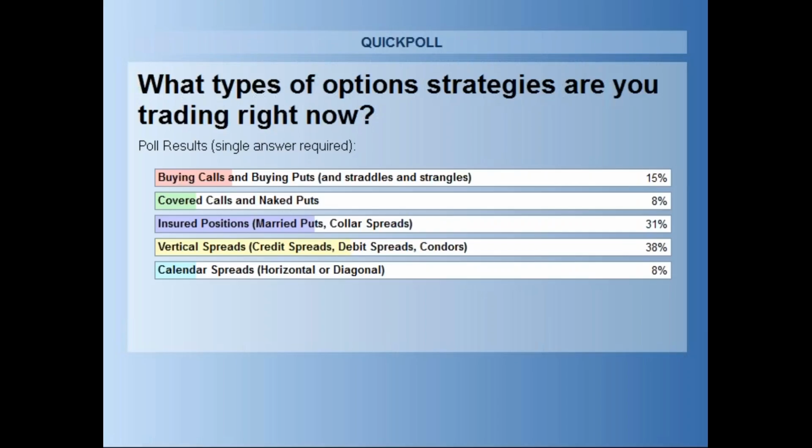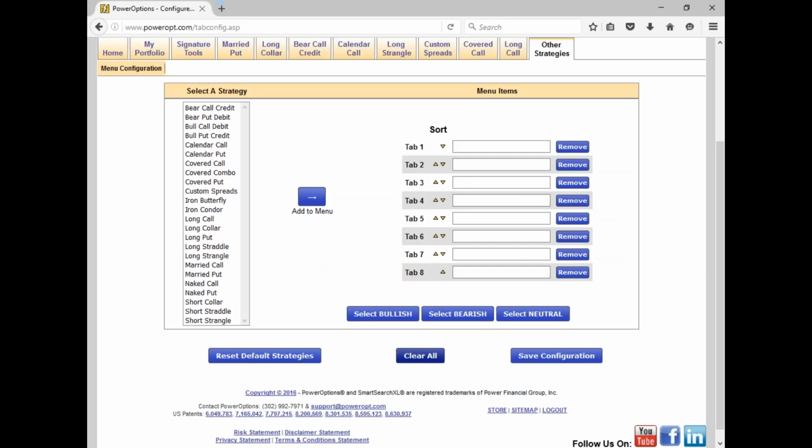31% of you are doing the insured positions and married puts and collars, and 38% of you, the winner today, are doing vertical spreads, bear calls, bull puts, perhaps iron condors, and 8% are doing the calendars. Okay, so I'm going to go ahead and hide that, and what I'm going to do right now very quickly, excuse me folks, let's go ahead and add in our credit and debit spread. So I'll add in the bear call credit